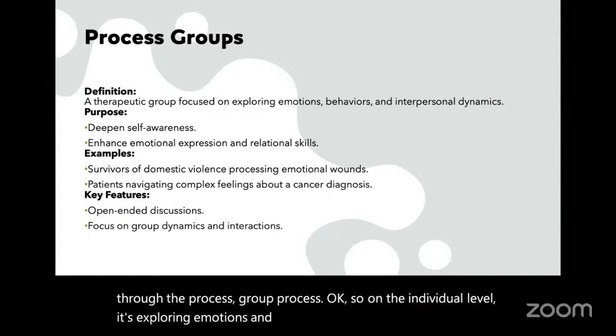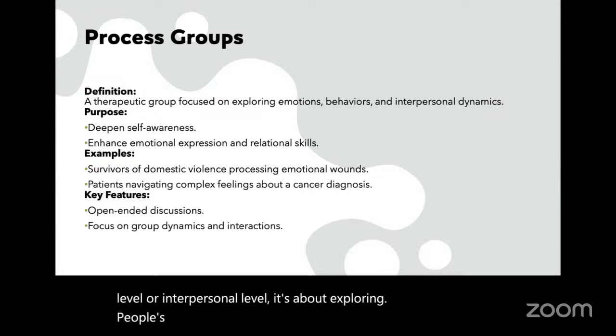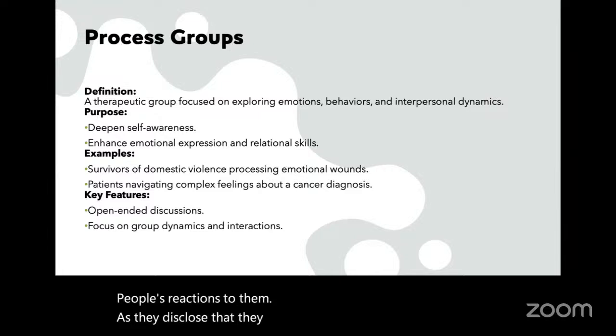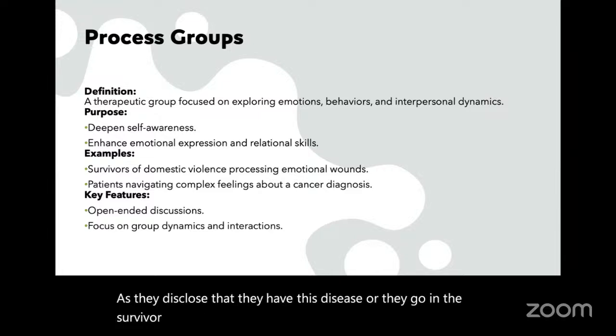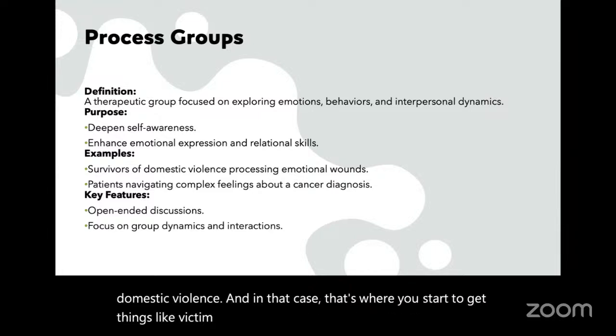On the interaction, social, or interpersonal level, it's about exploring people's reactions to them as they disclose that they have this disease, or they go in the survivor group, they start to express that they're survivors of domestic violence. And in that case, that's where you start to get things like victim blaming, questions like, well, why didn't